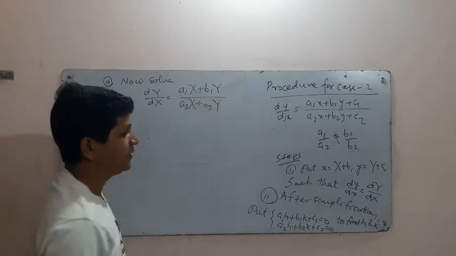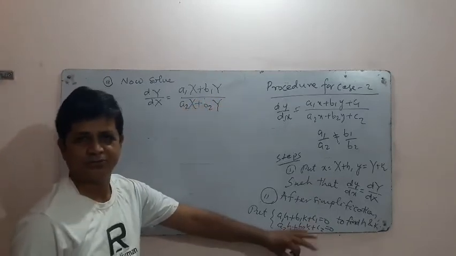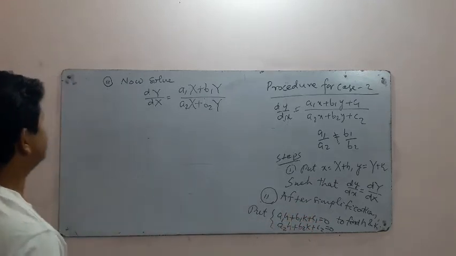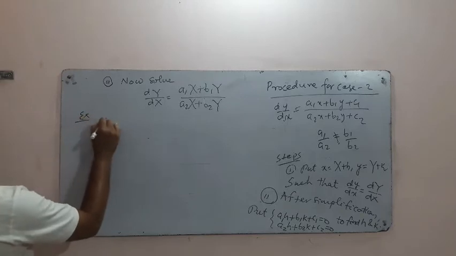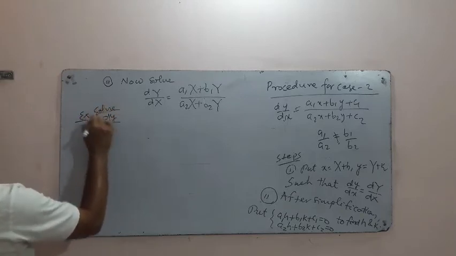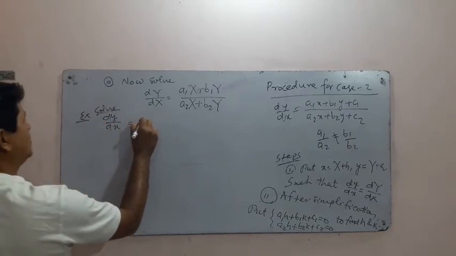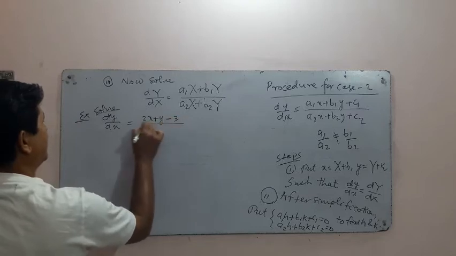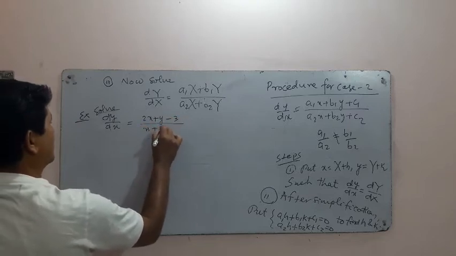Why? The rest terms will be equal to 0. We put this equal to 0 and it will be clear from one example. Come to the example. Solve dy by dx is equal to 2x plus y minus 3 by x plus 2y